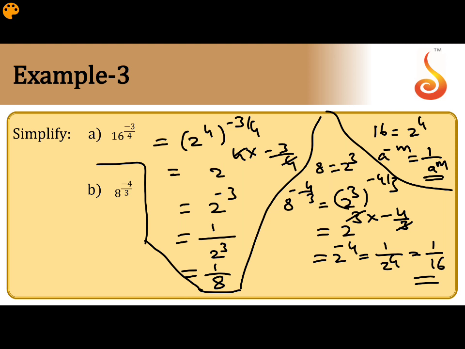First, look at the root. What root? Fourth root. Is it possible to write the base as 2 raised to a power? So it is possible. You can write it. Here it is a cube root. You can write 8 as 2 cube and use the identities. So you can cancel directly. The 4 also can cancel directly. Here the 3 you can cancel directly and simplify also. You can solve it. So I hope this one is clear.